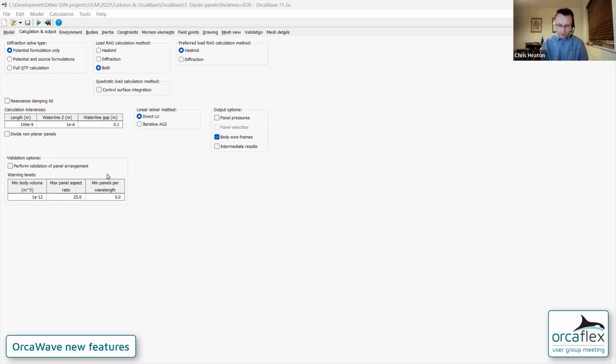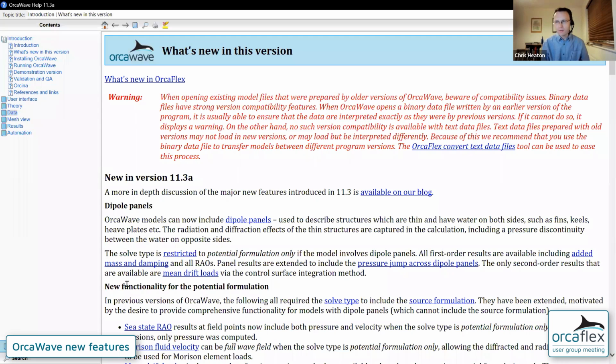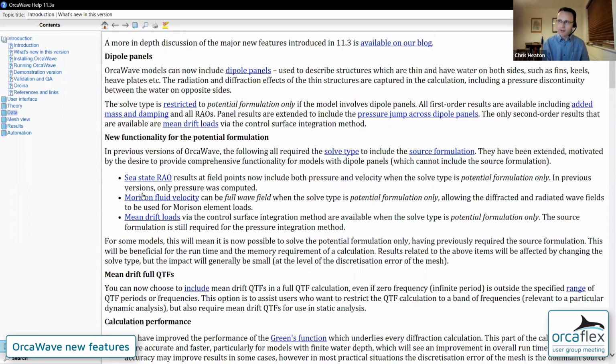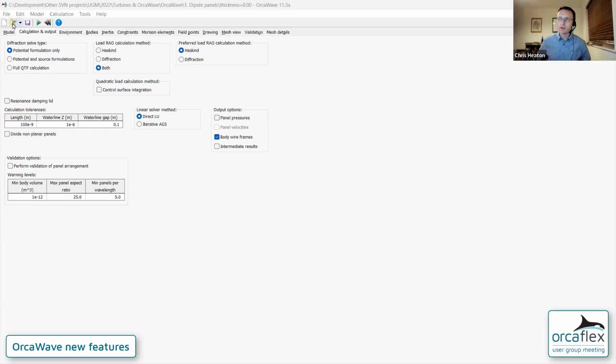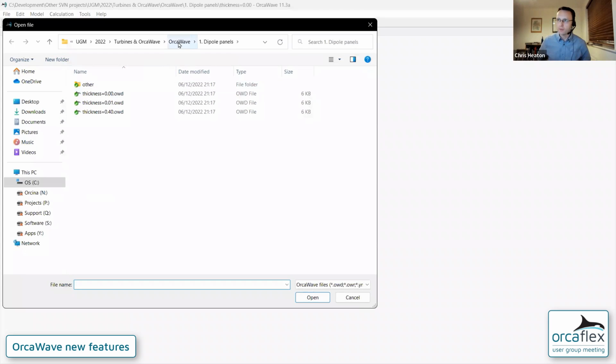Okay, so I will move on then and start talking about the next item on my agenda, which is the extended results that are available in the potential formulation. So the 3 bullet points here in the what's new are all motivated primarily by making results available to people who are running models with dipole panels, but they apply to models of all sorts. So I'll talk about the first one of the 3, which is C-state RAO results,